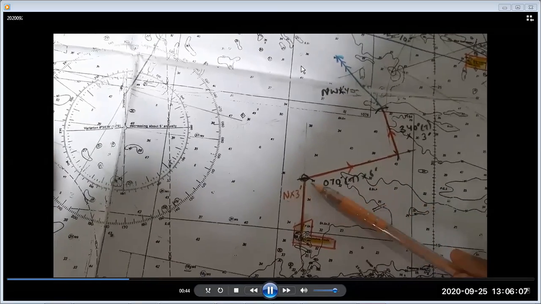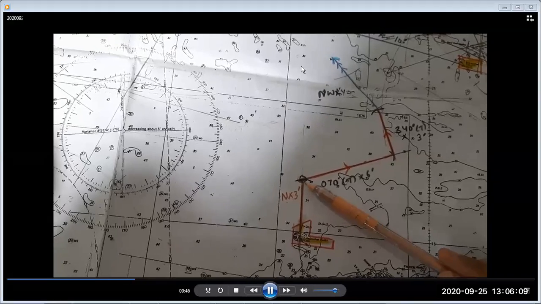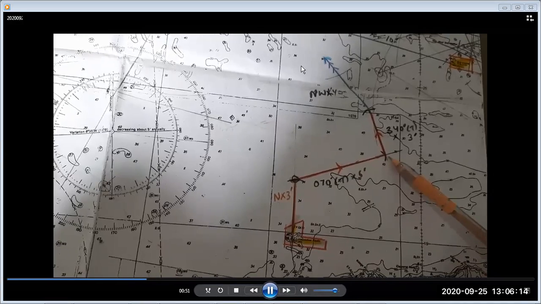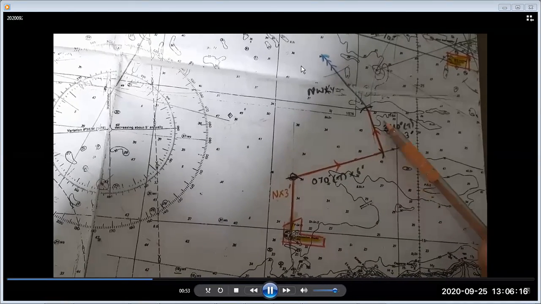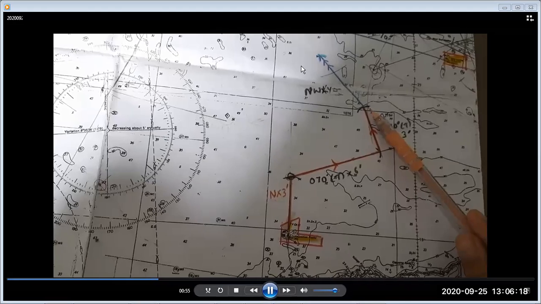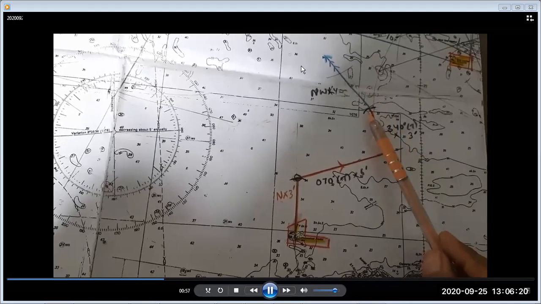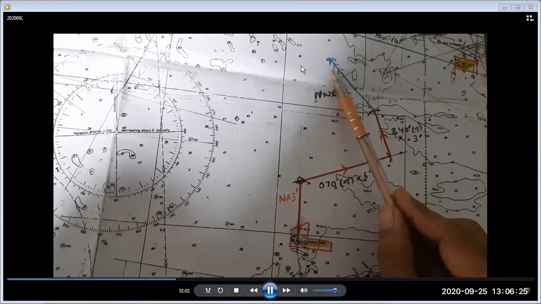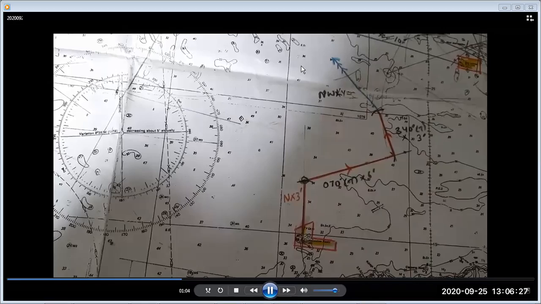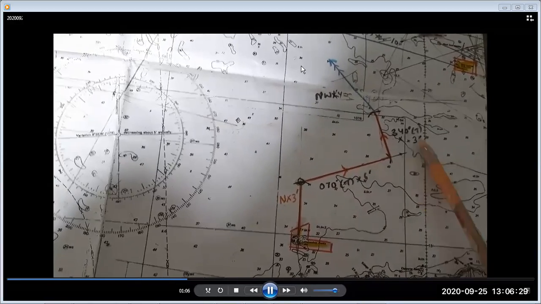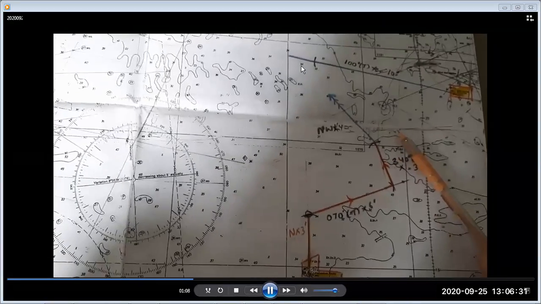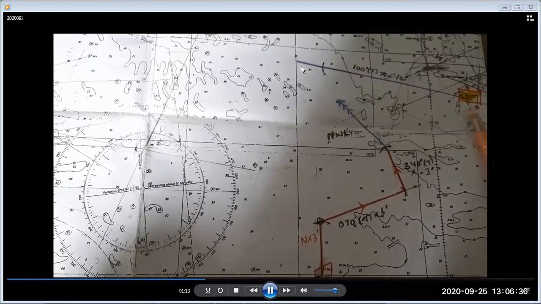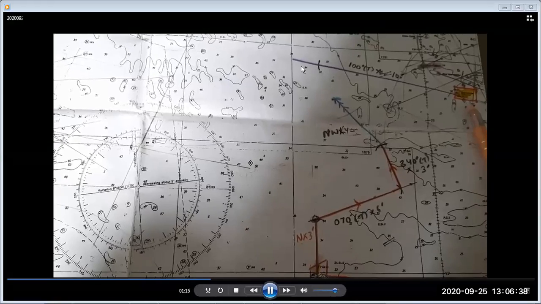The initial position is northerly 3 miles, and from here the vessel went 070 for 6 miles, and then from here she altered 340 for 3 miles, and the current was northwesterly throughout. So at the end the vessel was bearing 100, 10 miles from this Scar Weather light vessel.